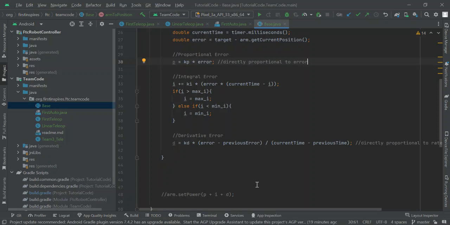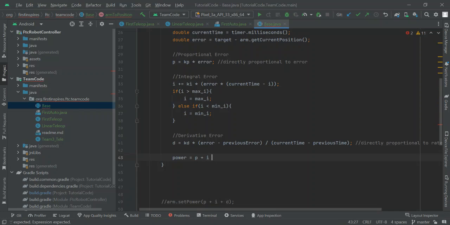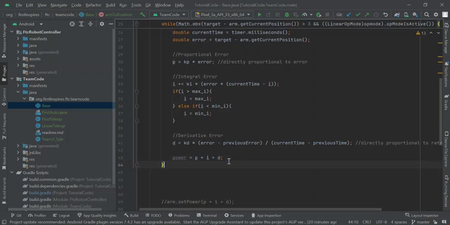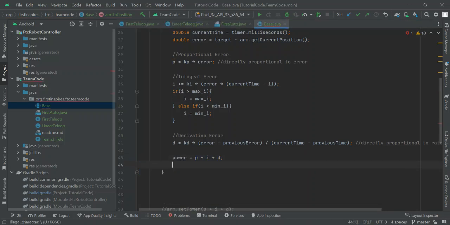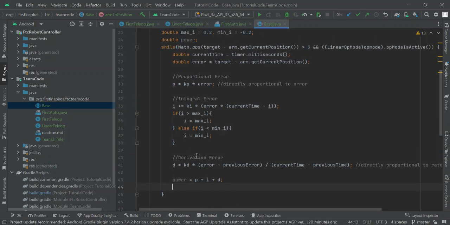Now we're done with the actual logic of the PID. Finally, we just need to incorporate the PID in the power. So boom, we have PID in power. So we're just adding the three. Remember, make sure you're not multiplying by kD, kI, kP again, because those are constant coefficients that you're setting. And you're adding the calculated powers of PID. And then we can just simply set the power